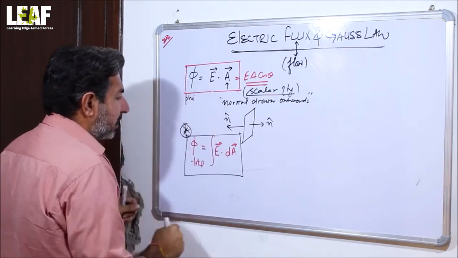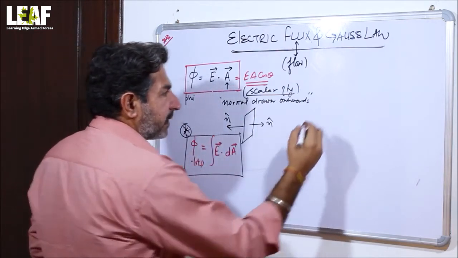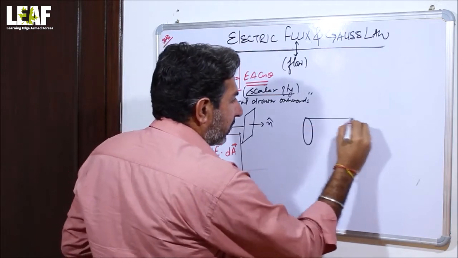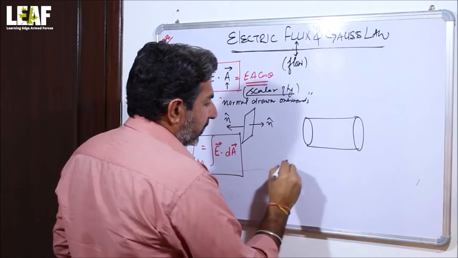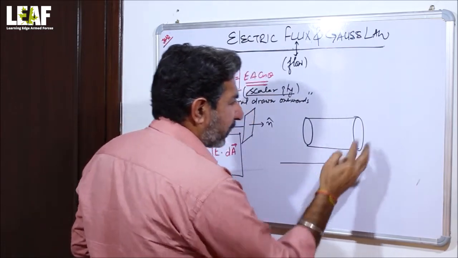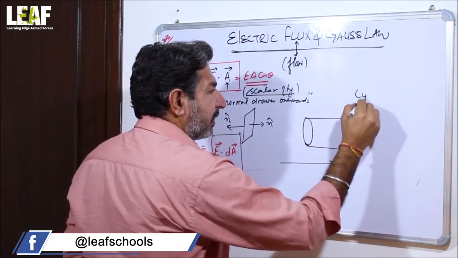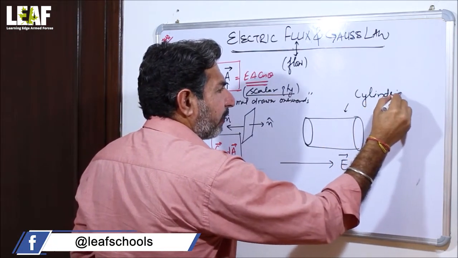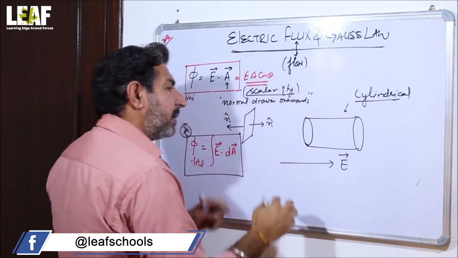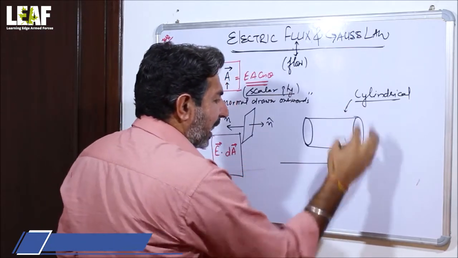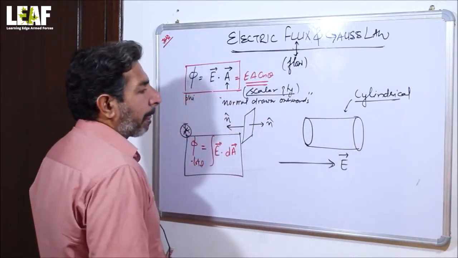And going along with this, if we talk about the flux for a closed surface, say there is a cylinder, and this is the direction of the electric field for this closed surface. A complete closed surface means a cylindrical surface. I have drawn it here for the sake of example. Otherwise, it's a very common element, but still I am explaining it. A cylindrical element, and the electric field is passing in this direction.